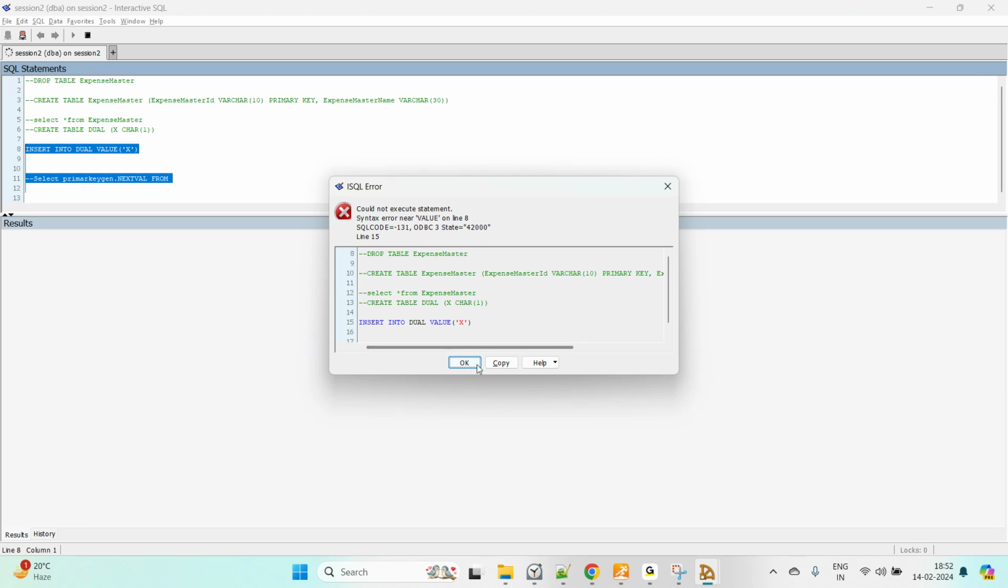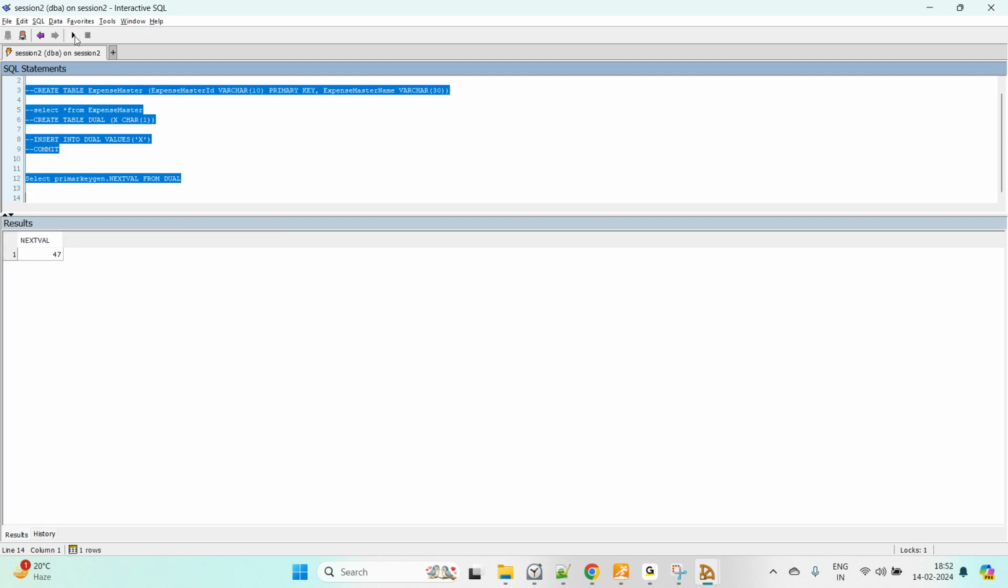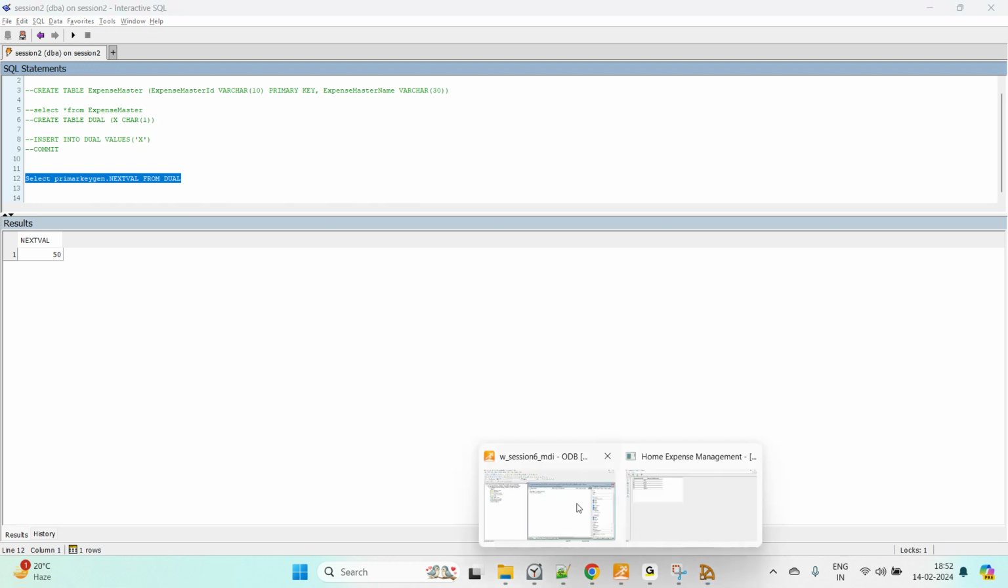Error value, not value, it should be values, and then commit. Okay, now we can use dual here. Look, it's working. So copy this and go to your PowerBuilder